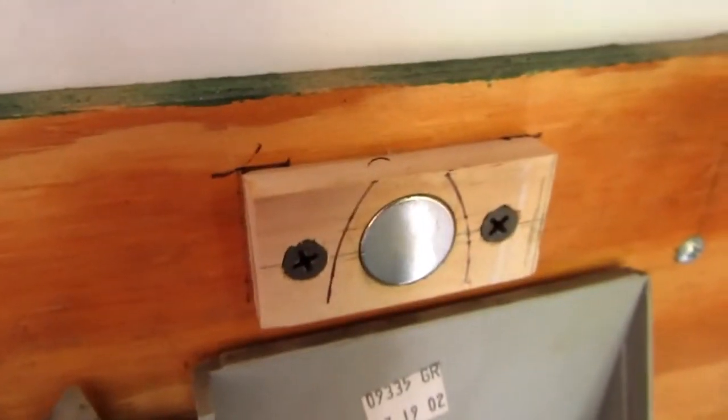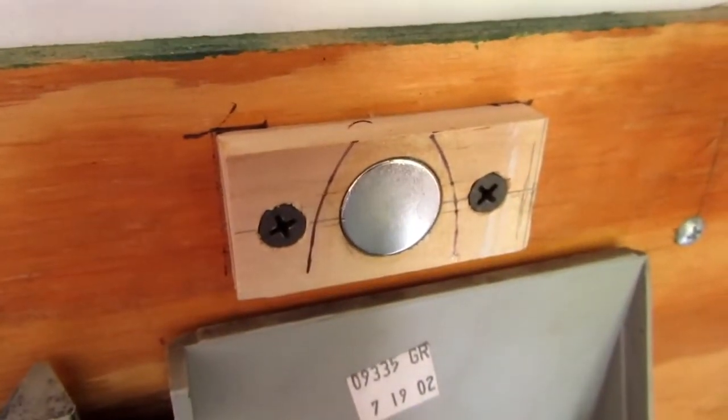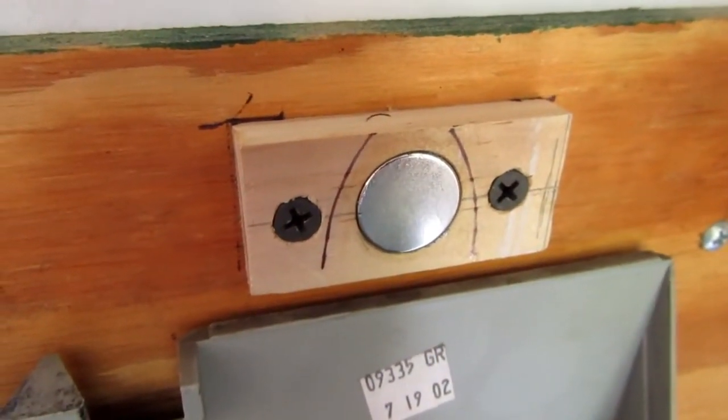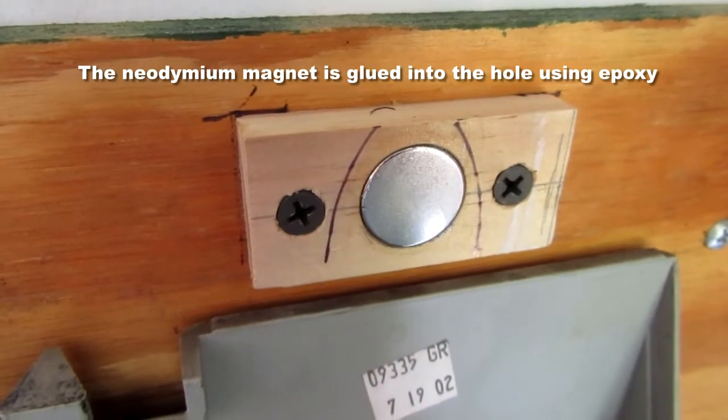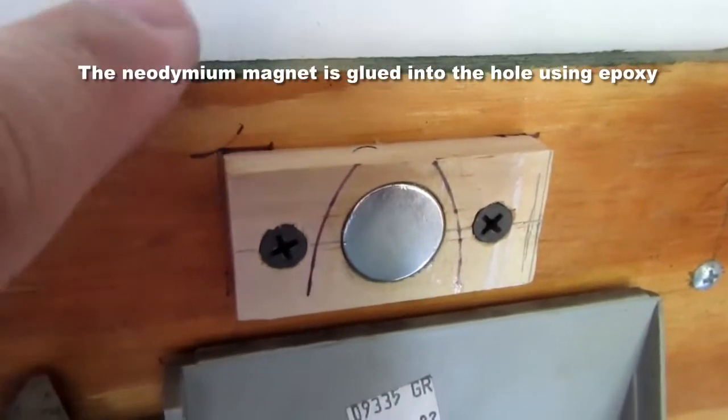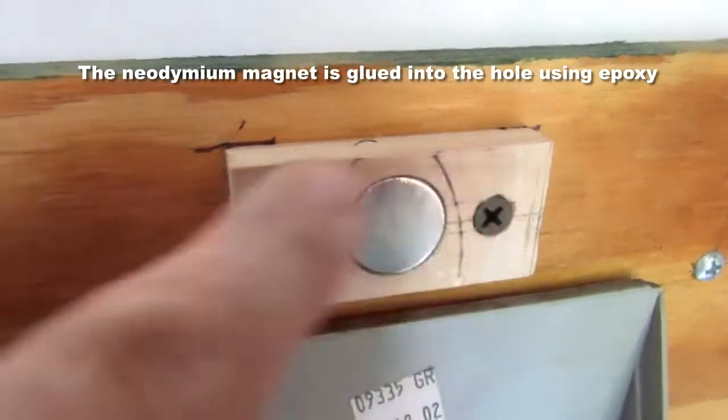So my quick and dirty solution was I got a scrap of wood and did a blind hole into it with a Forstner bit and put in a 3/4 inch neodymium magnet that is mostly the same depth as the wood but not quite, and then a couple of drywall screws into the backboard, and then down here I just